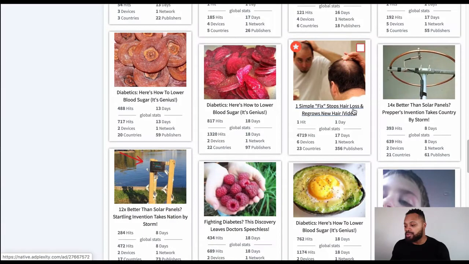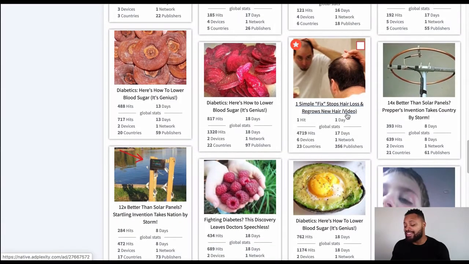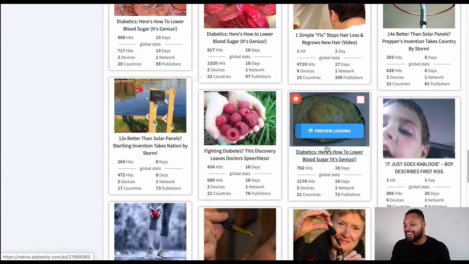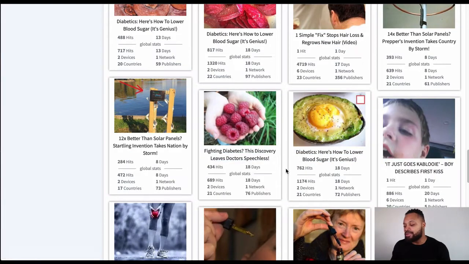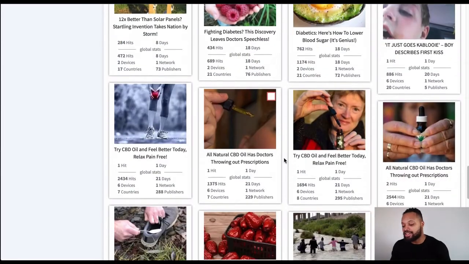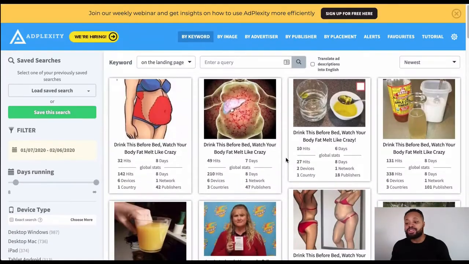One simple fix stops hair loss and regrows new hair. Cool. And the traditional diabetes type ad with the egg. They love eggs in that niche. But yeah, so that's one way that you can find, and that's typically if you want to find fresh ideas,